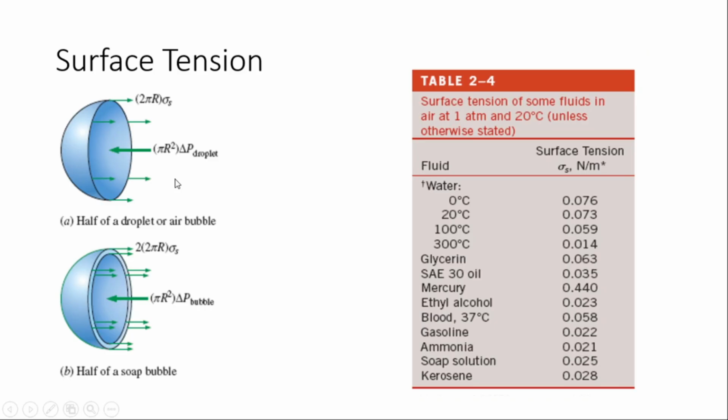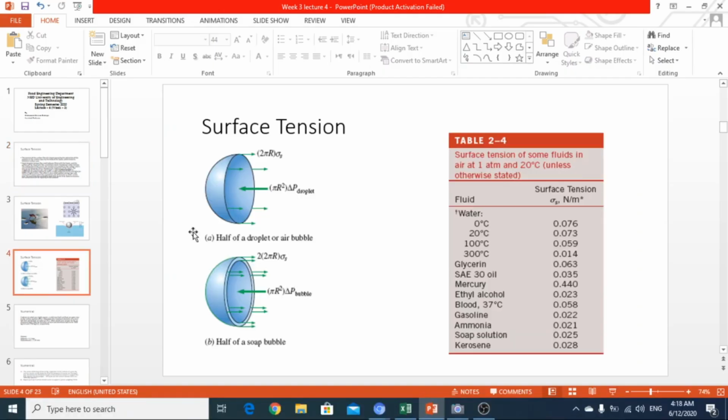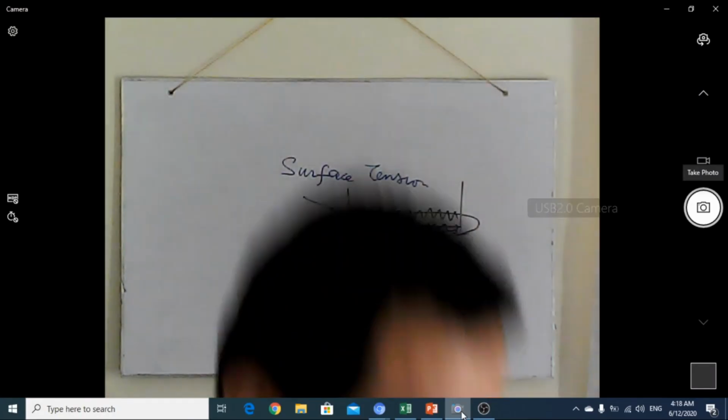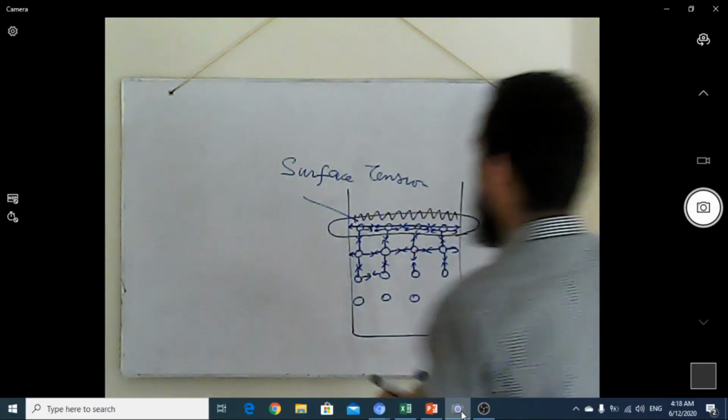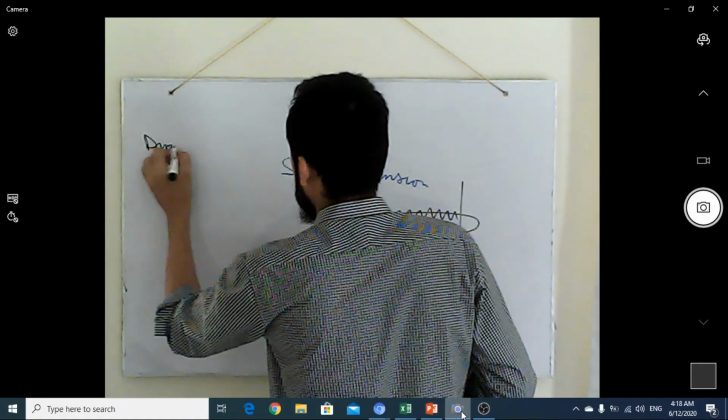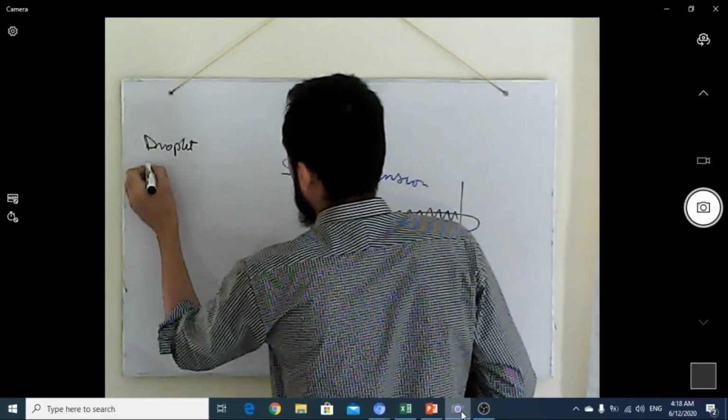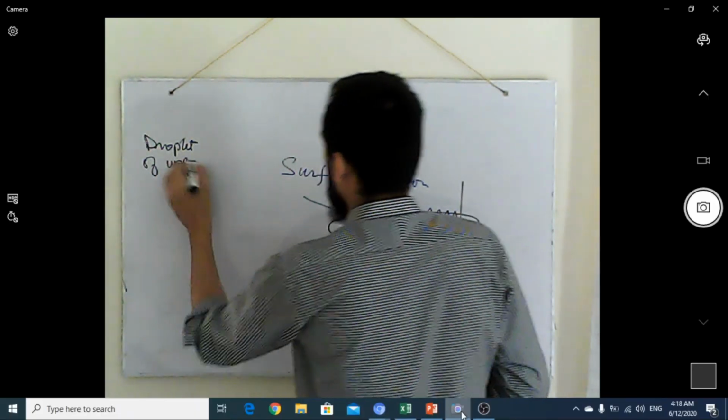Okay, then we move forward to the surface tension present in a drop or an air balloon or a soap balloon. There is a difference between these two. Actually, when you see here, if I talk about the droplet of water, how it generates,